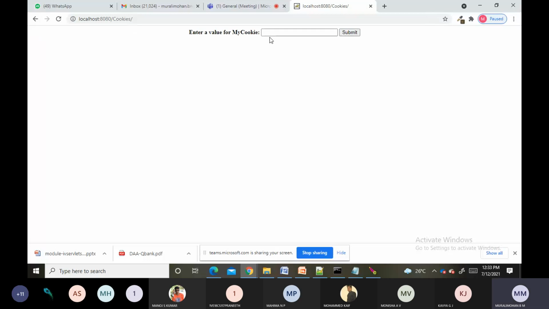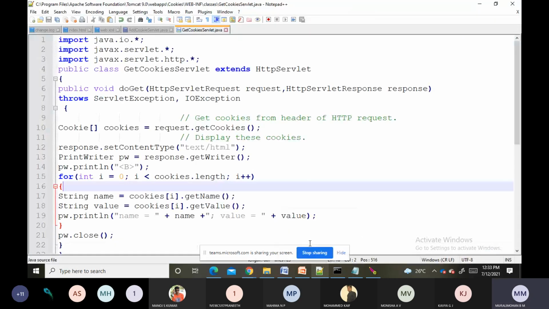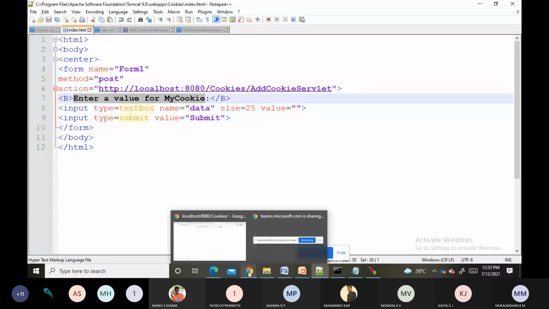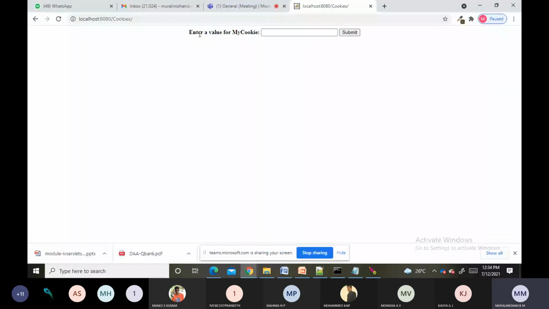It is asking to enter a value for my cookie. As I told, you just observe the HTML file: it asks to enter a value for my cookie, the text box is displaying, and one submit button is there.